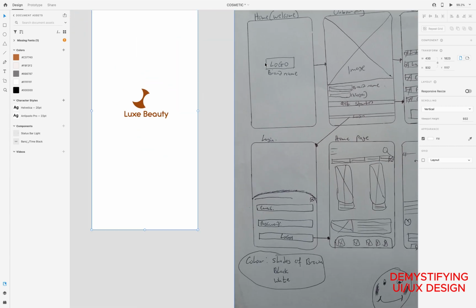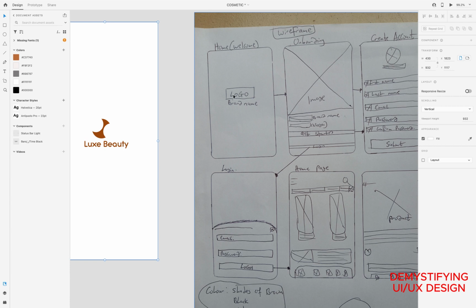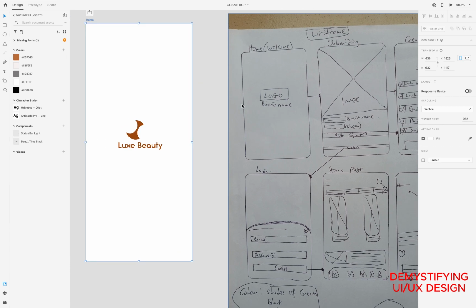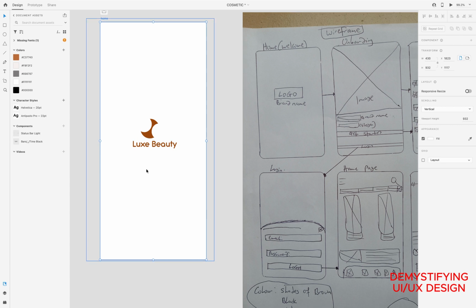Remember the wireframe from the home page. I said I would put my logo here, then the brand name. See it here, very easy. As long as you are seeing your wireframe already, implementing it in the design will be very, very easy for you. Now let's go to